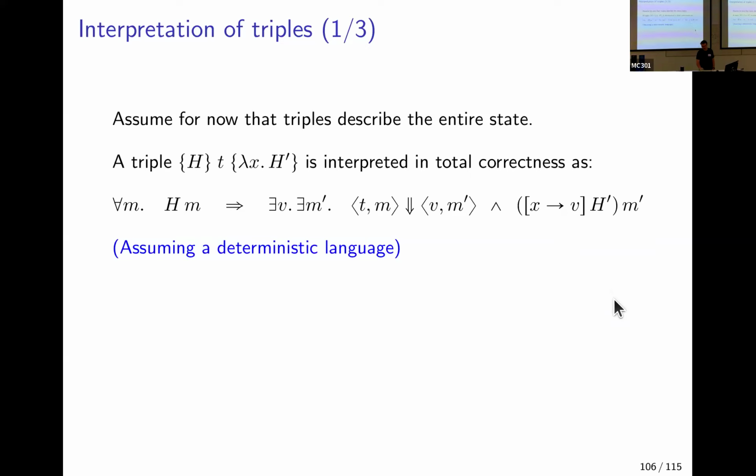So those examples in the slides are mostly total correctness. That would mean that for every memory that satisfies the precondition, there exists some value and some memory, such that t in this memory reaches some value v in some memory m prime, such that m prime satisfies the postcondition, inside which we've replaced the returned x by the returned value. So this is assuming a deterministic language. If you have any non-determinism, this is basically useless. So you'll have to do